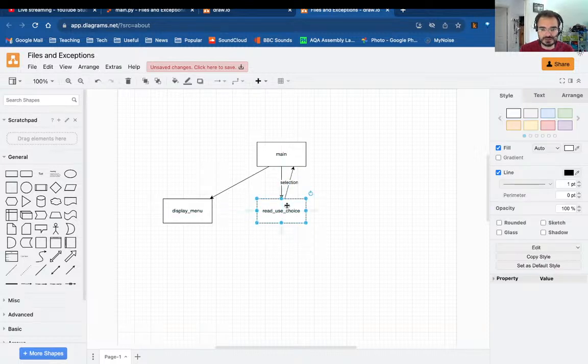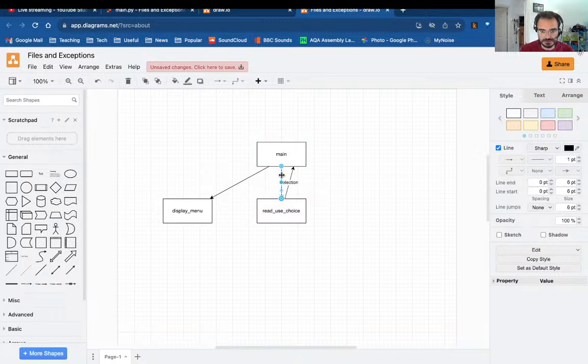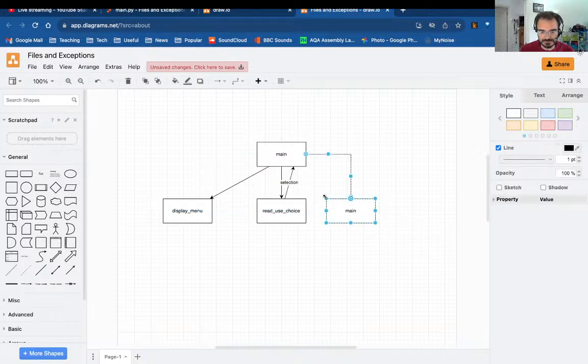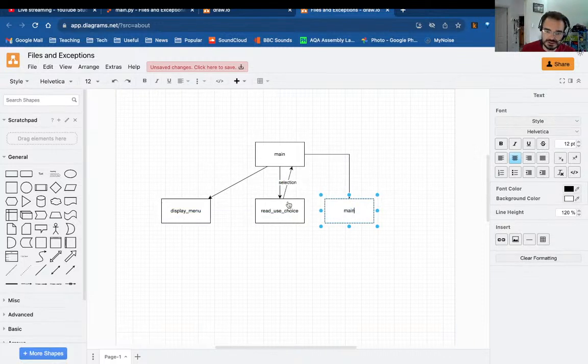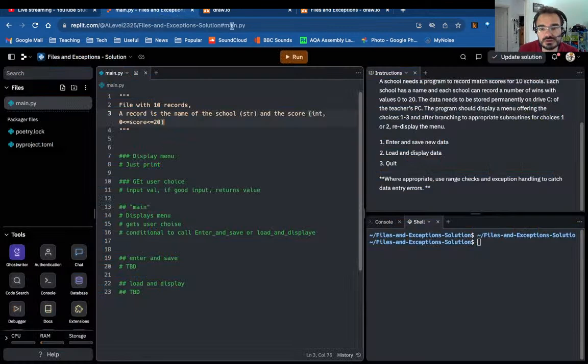Then another one from the bottom again with a rectangle. From the bottom, sorry. And then you drag this guy wherever you want. This rectangle, this gender neutral rectangle. We read the user choice, like Eat, Pray, Love. The user's choice, and then if it is 1, boom, we are going to enter and save new data,